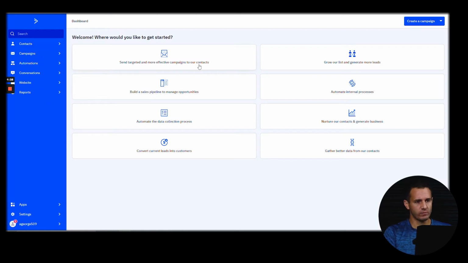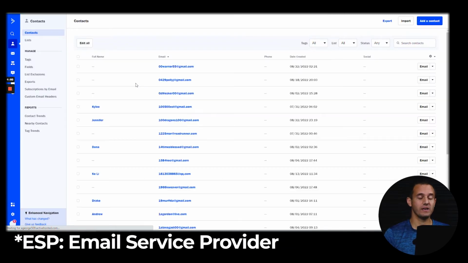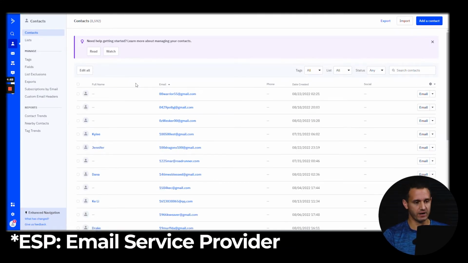Okay, so right now I'm logged into ActiveCampaign, and I want to show you guys these different areas over here and just kind of introduce them. And I think what's going to be extremely valuable is actually showing you guys a sample funnel from one of my clients on how they actually utilize ActiveCampaign, or actually how I set it up for them. So let's go ahead and show you guys these different areas. So as you can see here, contacts. Contacts is basically all the people that are in your email ESP. And by the way, ESP stands for Email Service Provider, okay?